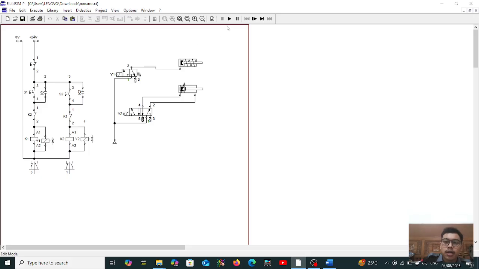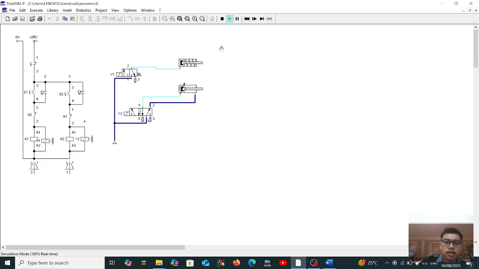So I will try to run this circuit. We can select the shape here, triangle, and then before we start, we can push switch one. When I push switch one, the cylinder will go forward.